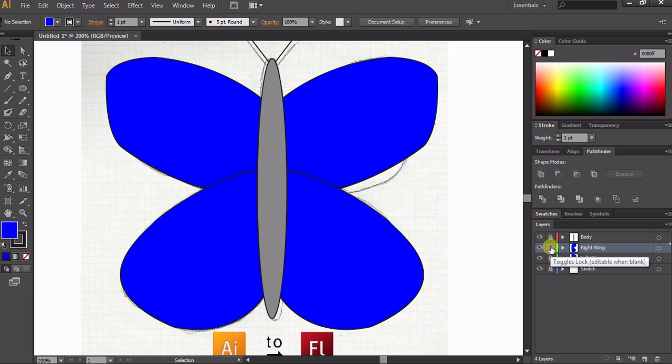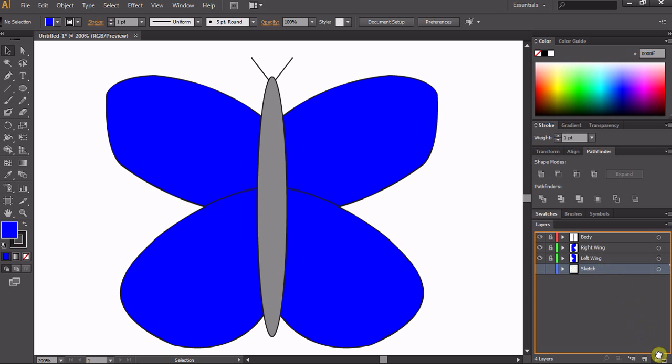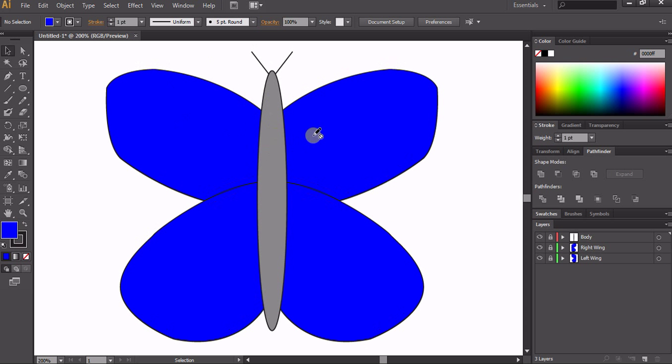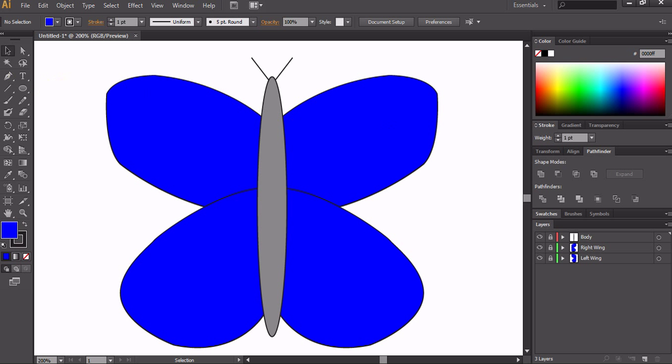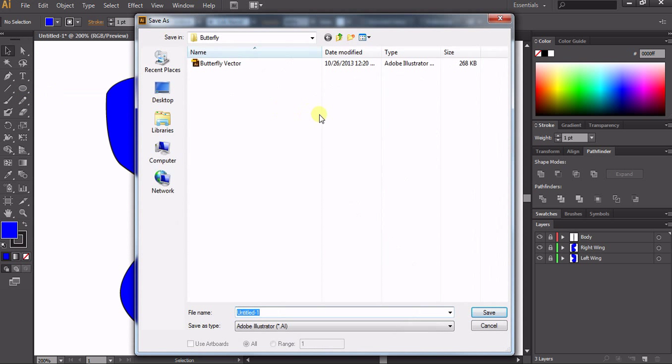So make sure this layer here is locked. And what we want to do, I'm going to hide the sketch layer. Actually, we can go ahead and just delete the sketch layer. I'm going to drag it down to the trash can here, and now basically this is what we're going to be working with. So let's go ahead, and I'm going to File, Save As,